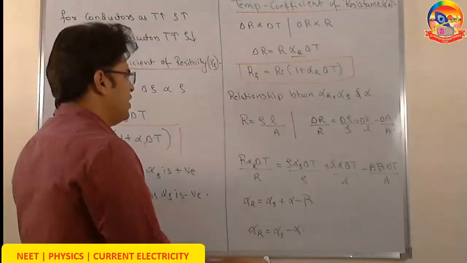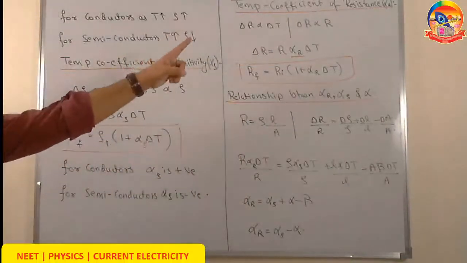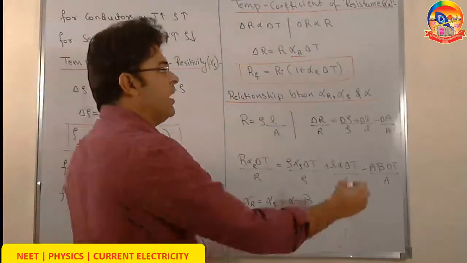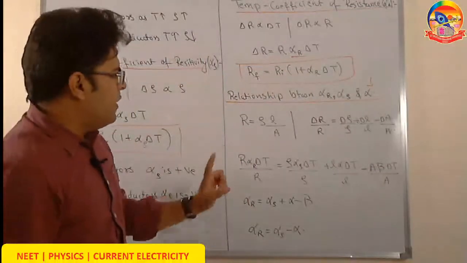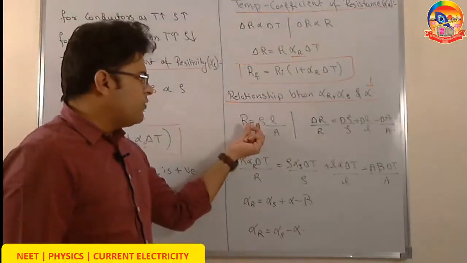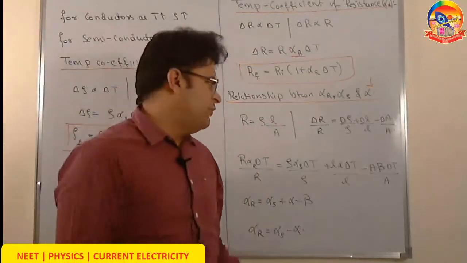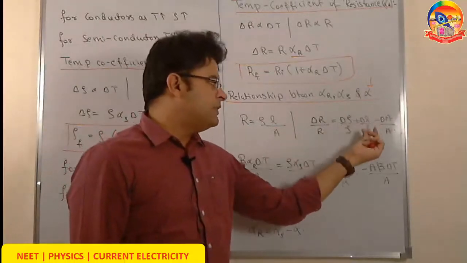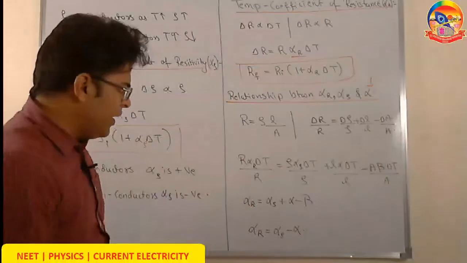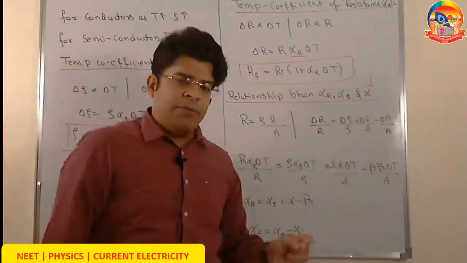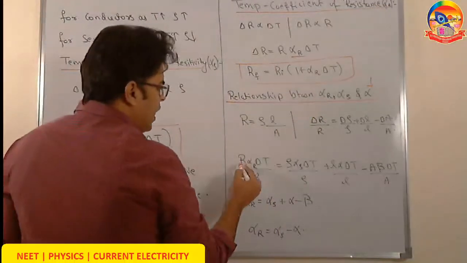Next thing, it is mentioned in NCERT, that's why it is important: the relationship between the thermal coefficient of resistivity, the thermal coefficient of resistance and alpha, our coefficient of linear expansion, from class 11. What is the relationship? We know that R equals rho L by A. So for a small change approximation, we can write delta R by R equals delta rho by rho plus delta L by L minus, because A was in the denominator, delta A by A. Here the change is happening in everything because of the change in temperature. We have defined delta R as R alpha R delta T.